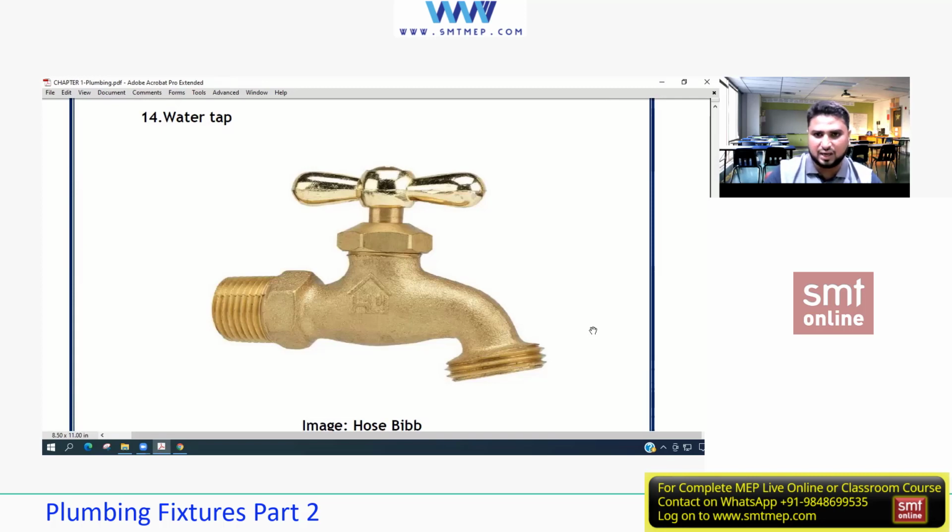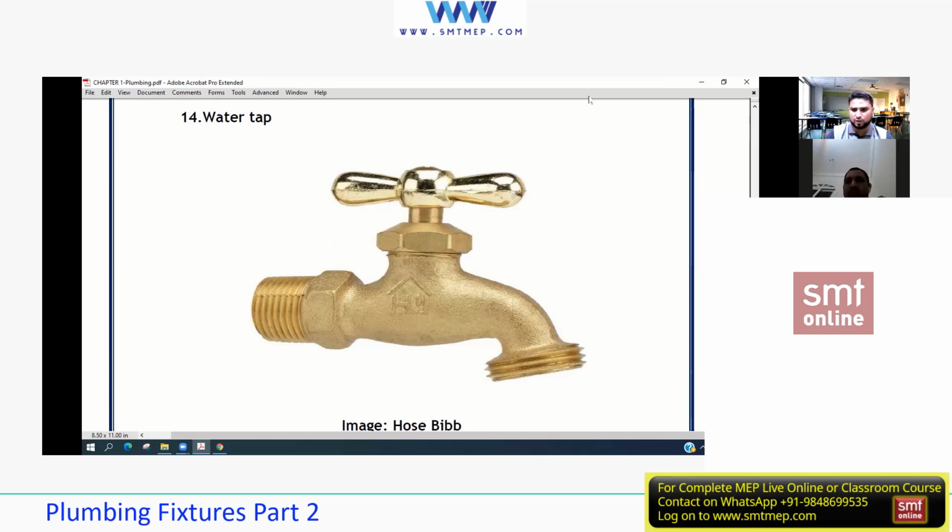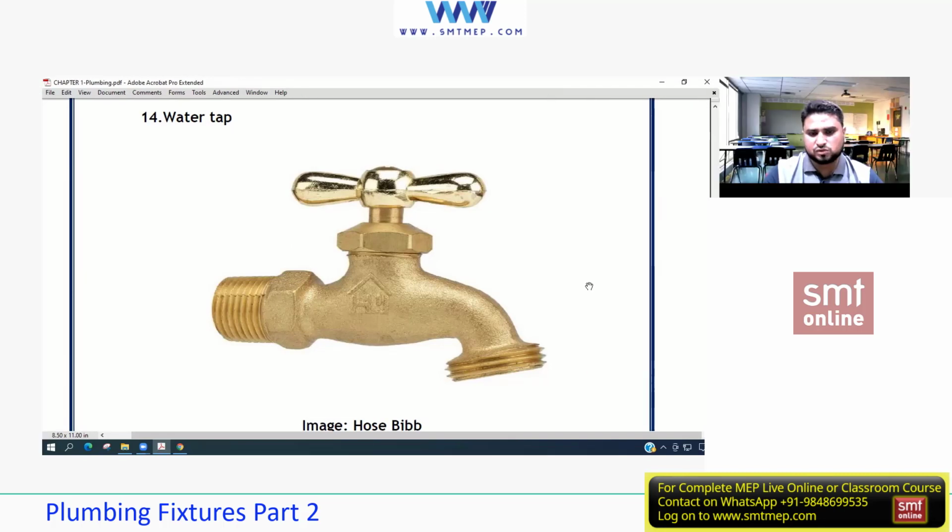Am I right, Fahad and Umair? Umair, you have dealt with this, right? Yes, sir, you're right. We have installed them on the roof for maintenance and cleaning purposes, for example if they wanted to do that. Yes, cleaning purposes. So this is the hose whip, but the main function of this is different.